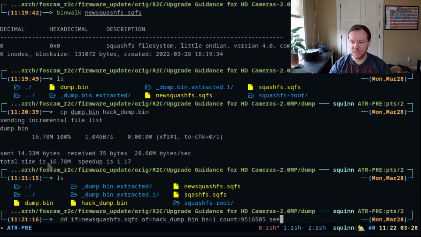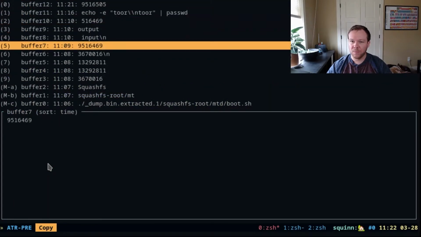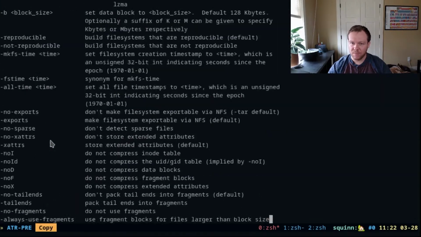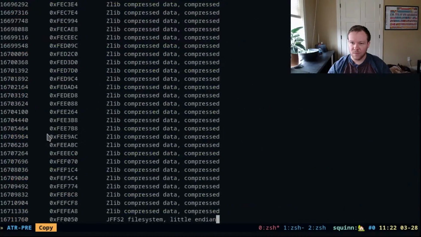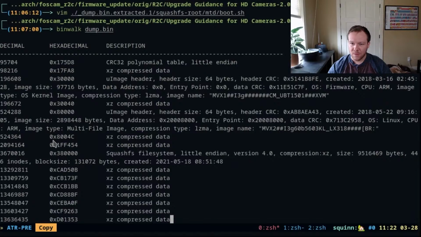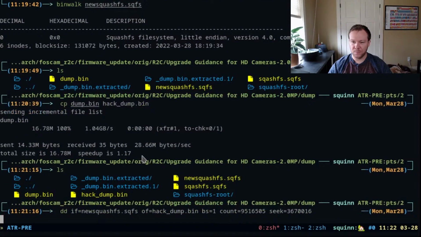So we'll now seek, and that will be what we grabbed from binwalk, which was the SquashFS, this one. So this will be the offset. So now, if we run this,